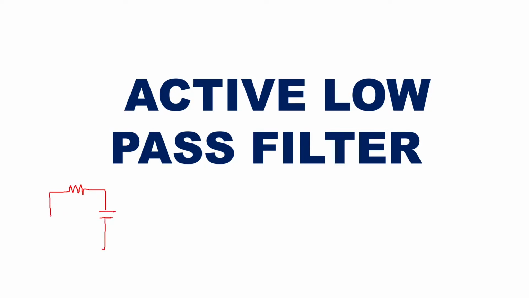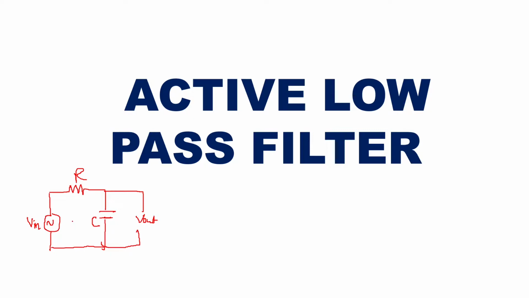So here you are going to give your input signal. This is V in, and then here you can take your output signal V out. And this is a R in series with the signal and C parallel across the signal. This will give you a low pass filtering concept.